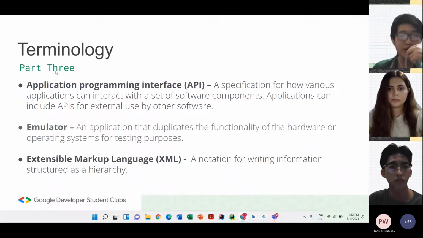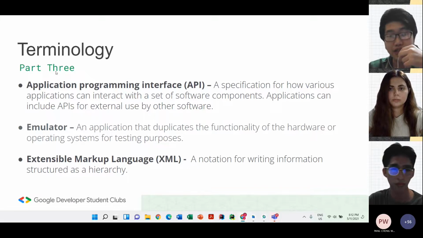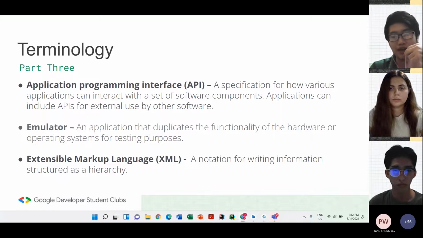After SDK, we have API, Application Programming Interface. It is a specification of how various apps can interact with software. SDK are also referred to as tools. API are also tools. Then what's the difference? SDK is a more robust platform with more utilities, and API is a specific addition to your application.